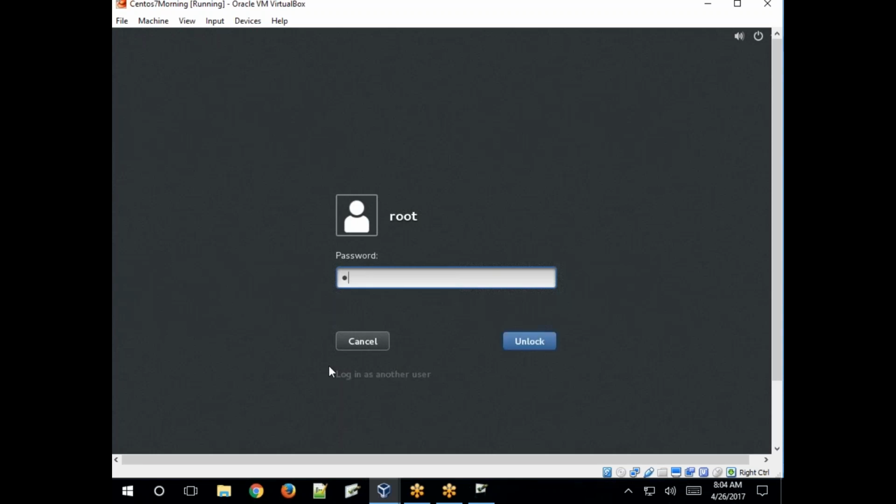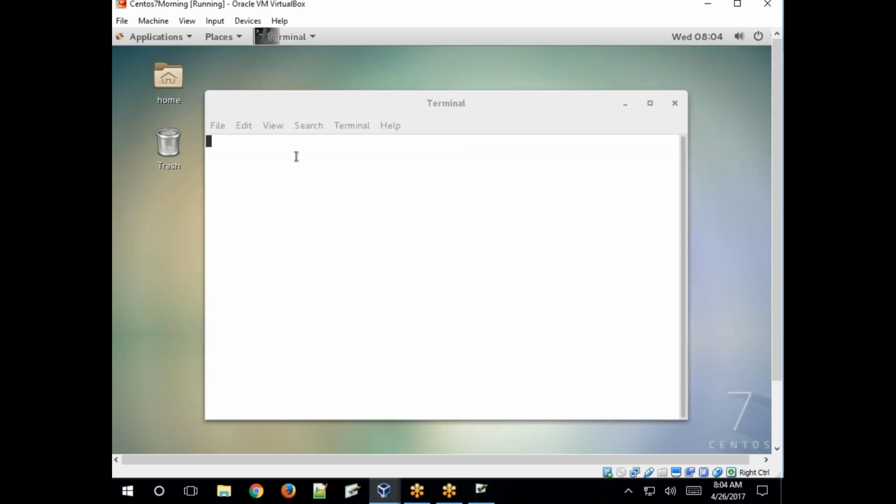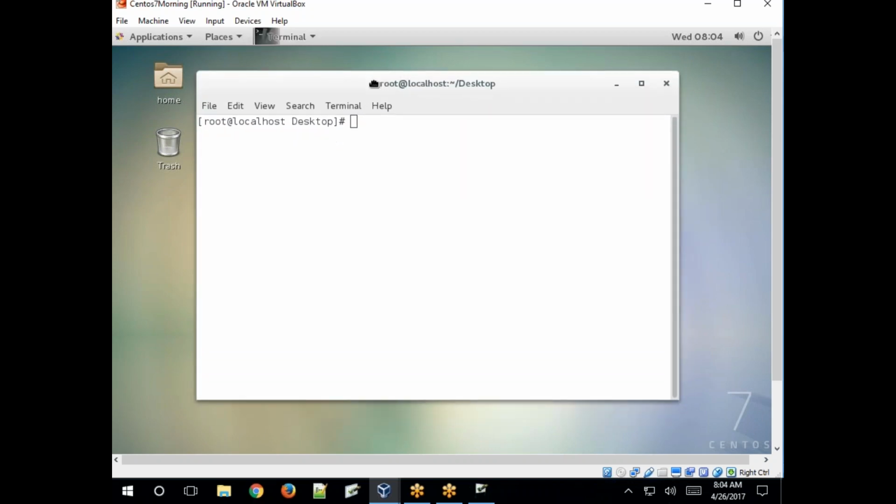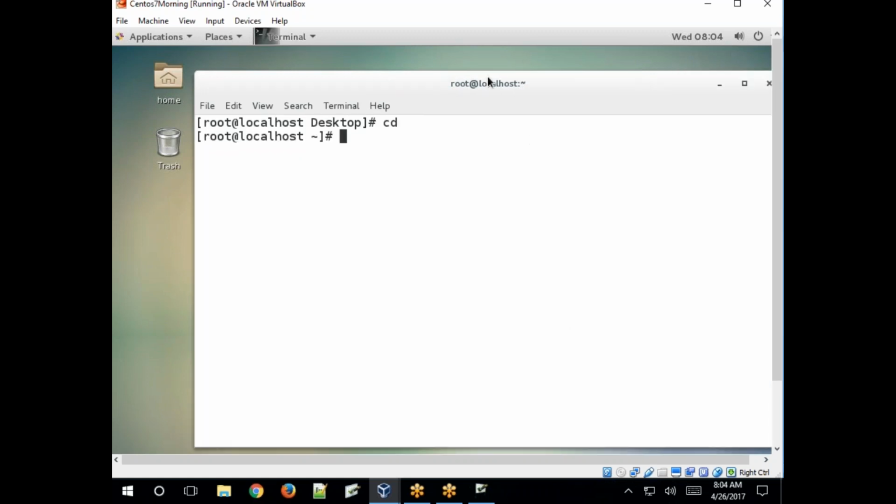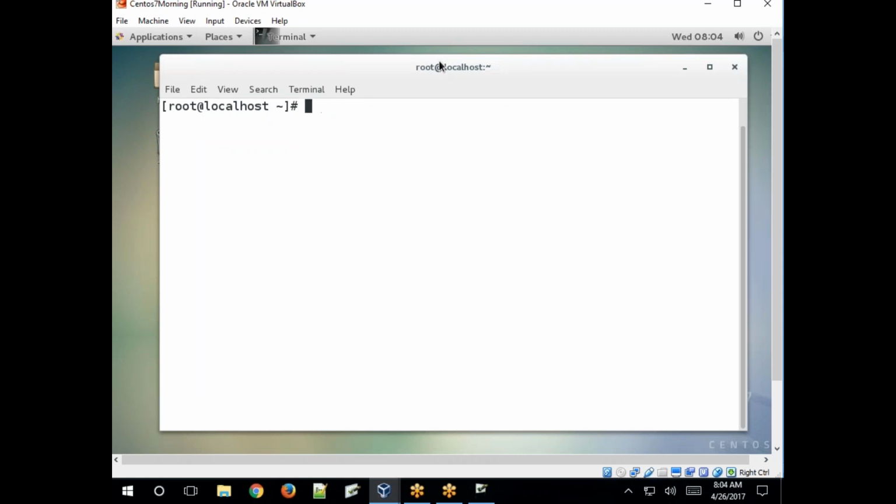Just specify the username and password. Right click, terminal. It's a terminal which allows you to execute commands. So this is the graphical console. To switch from the graphical console to a user, non-graphical console, execute chvt 1, the same console.